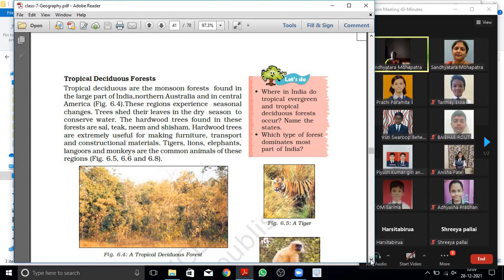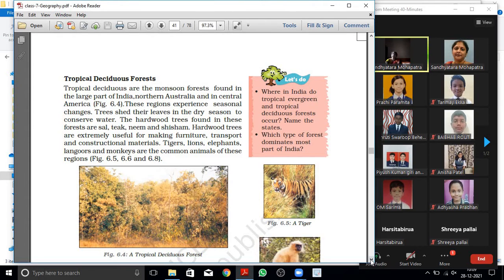To conserve water, because if there are leaves, there is a process of transpiration. Water is emitted from the stomata of the tree's leaves, and there is less water content in the tree. So to avoid that, to conserve water, it sheds its leaves in the dry seasons or in the summer seasons.